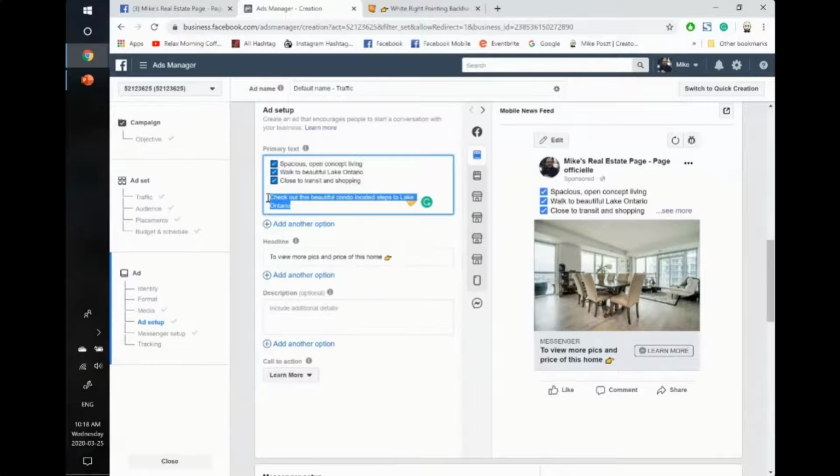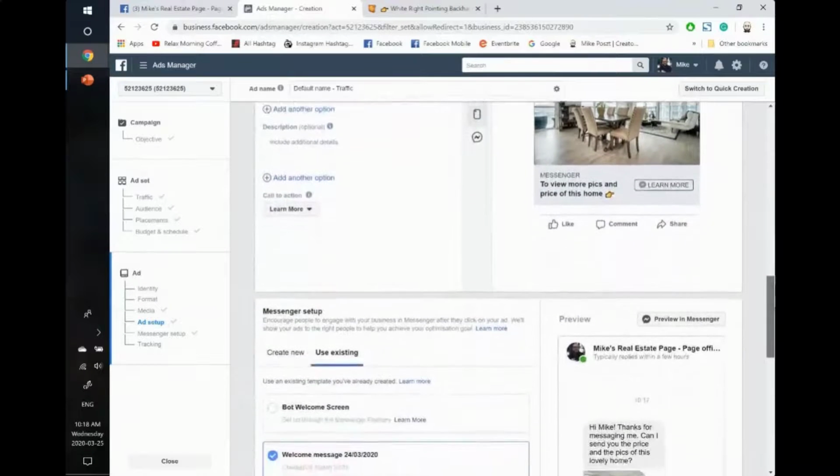Let me get rid of all this checkout, because the see more just gets lost over here on the right hand side. So it's just 3 bullet points. Make sure they fit nicely, not too much text, just one line. Don't want it to flow over to the second line as well. Change your call to action to learn more and to view more photos. Or you can get rid of price too if you wanted, to be honest, to view more pics or photos